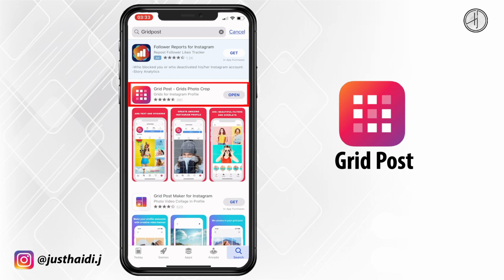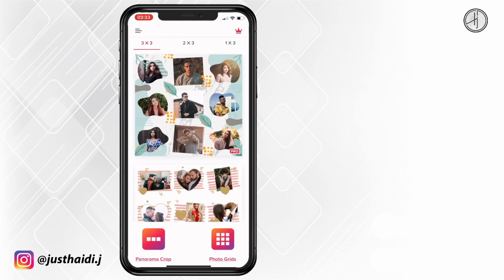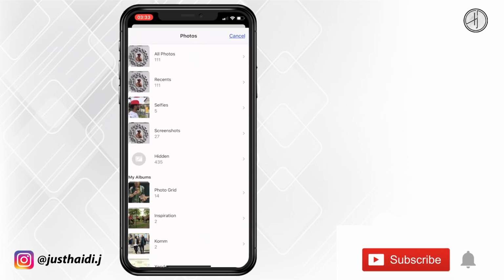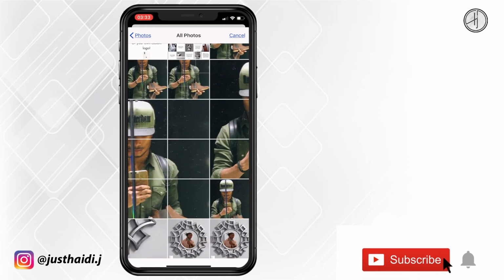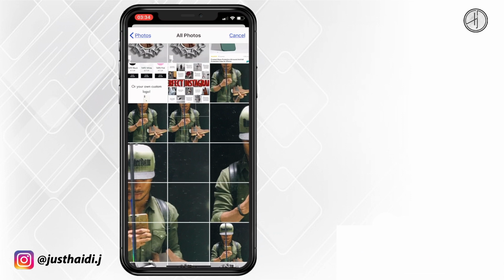When the download is complete, tap on open, tap on photo grids, go to your gallery and select a picture. As you can see, I already did that, but I'm going to do it again with the same very picture so as to show you how. So I'm going to select this picture,